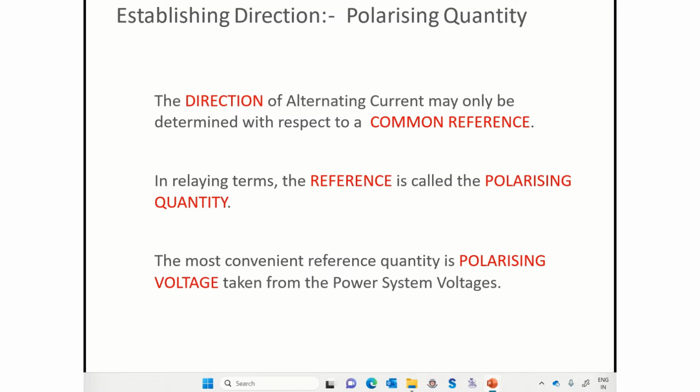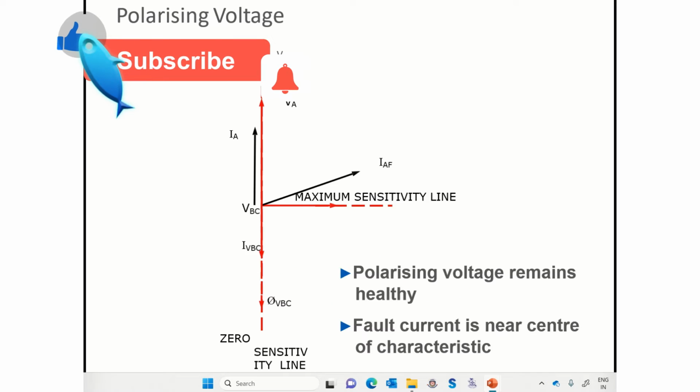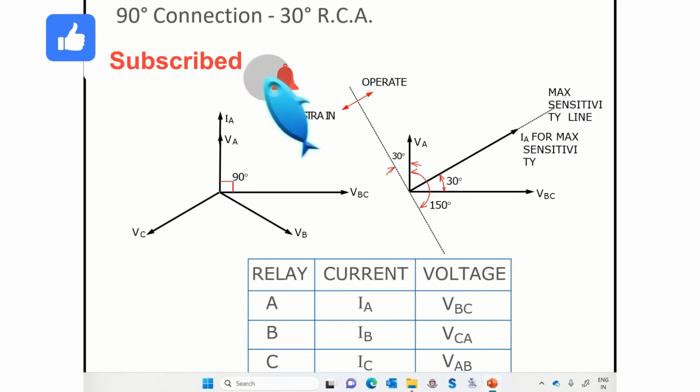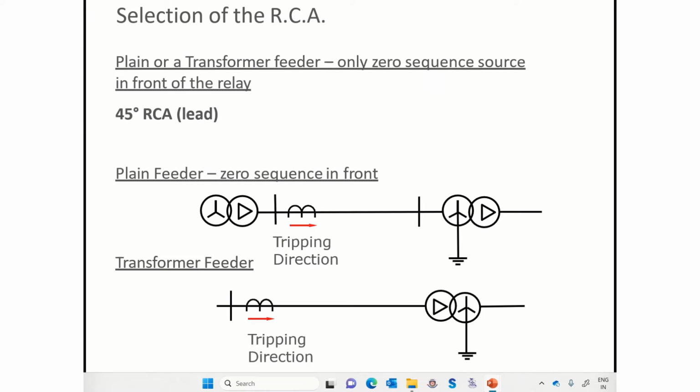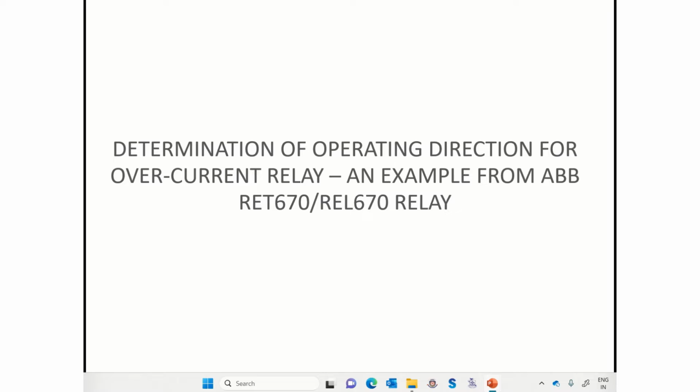In the upcoming sessions, we will discuss the same or similar concept for the GE, MiCOM or NR relays. So without wasting any time, let us start with today's session. And I hope the concept that we discussed in the last session regarding the RCA and ROA is clear to all of you so that we can build upon that concept for today's session. And now, the first relay that we are going to discuss is the RET-REL relay, which is